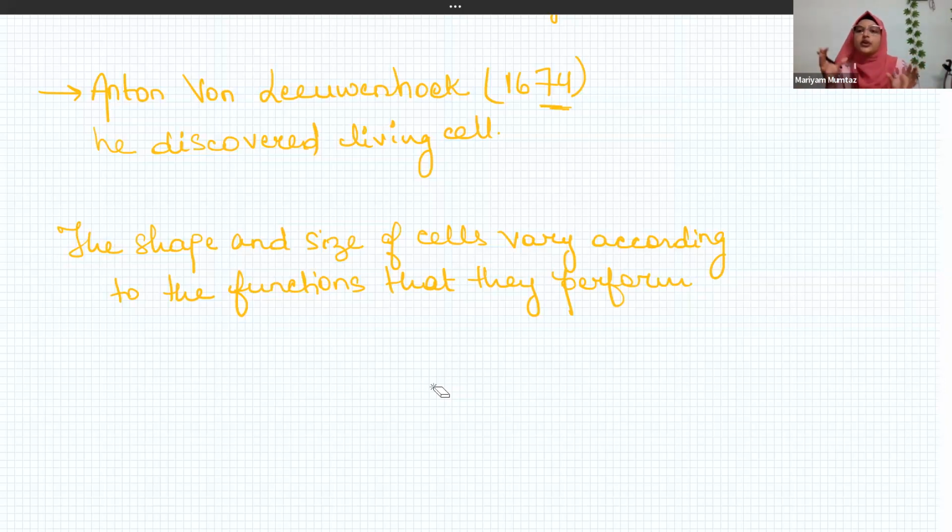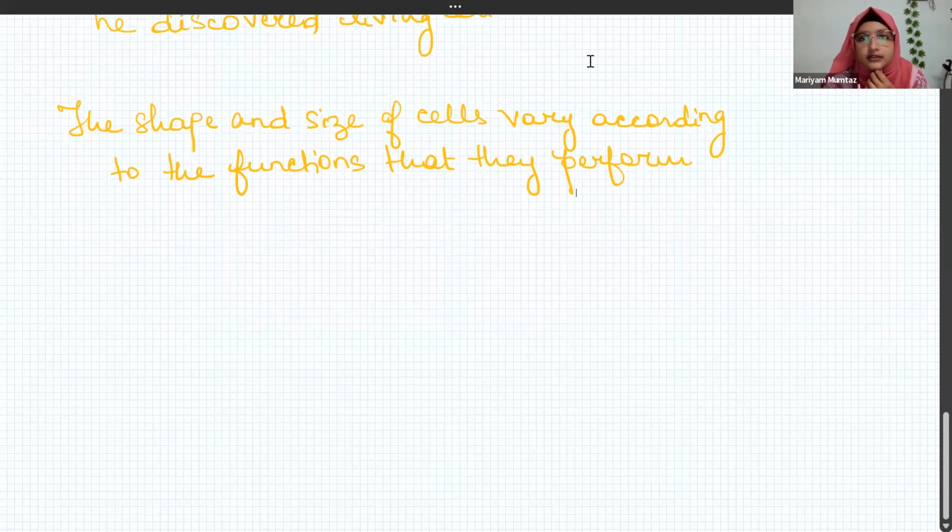That way, in all the organisms, the shape and the size of the cells vary. Not only between two organisms. If we talk about one organism also, different parts of our body require different functions, right? So different cells will perform different functions. Is that clear to you? Yes, ma'am. Okay, now let me show you the different